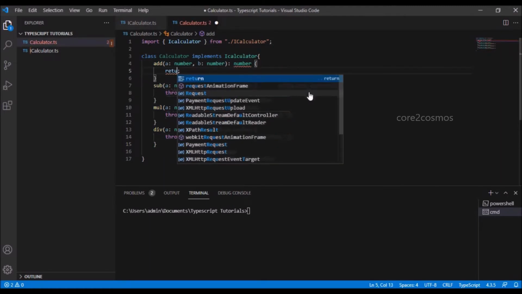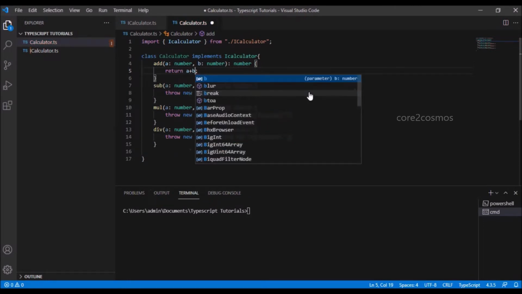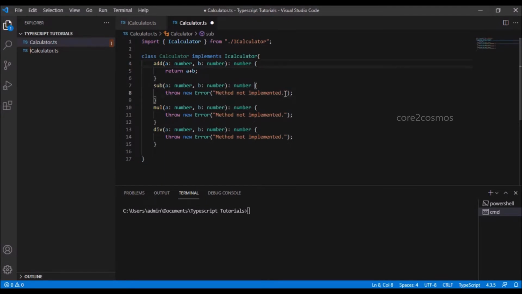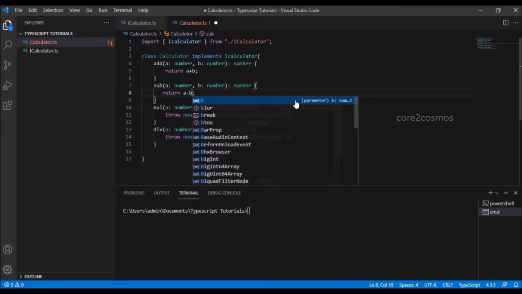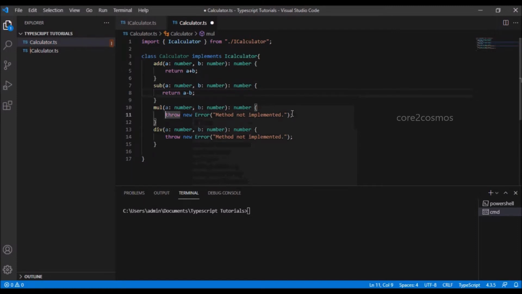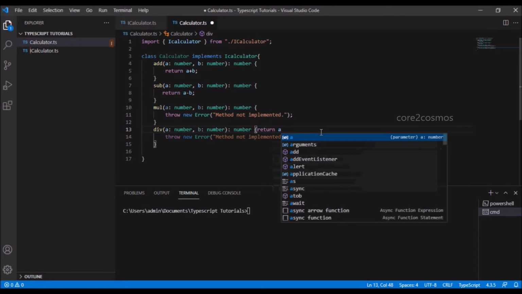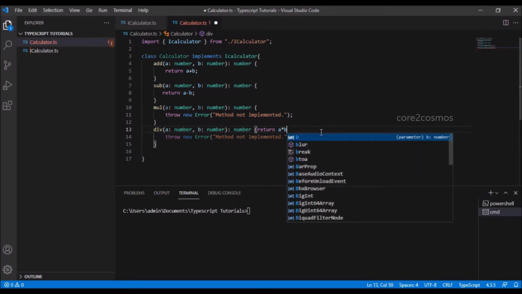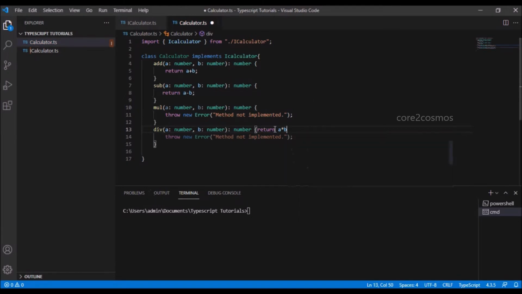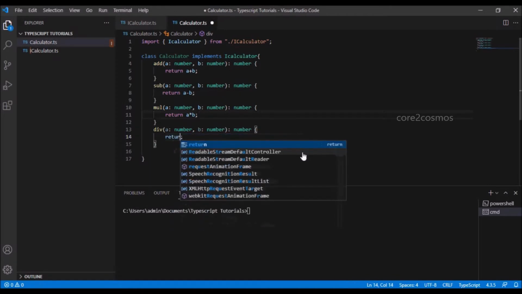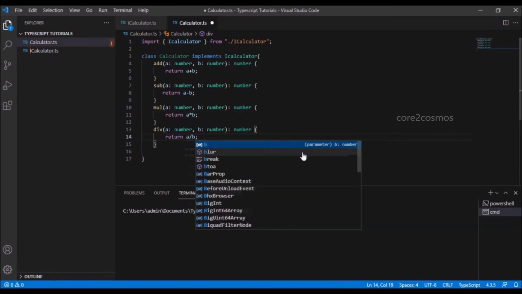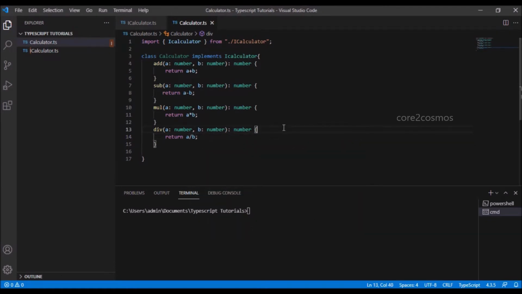I am going to modify the add method at line number 5, saying return A plus B, and subtract method at line number 8, saying return A minus B. Similarly, at line number 11, I am going to say return A into B. At line number 14, I say return A divided by B. I have implemented the interface.